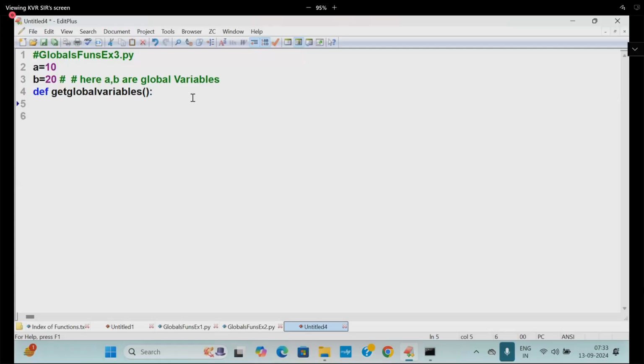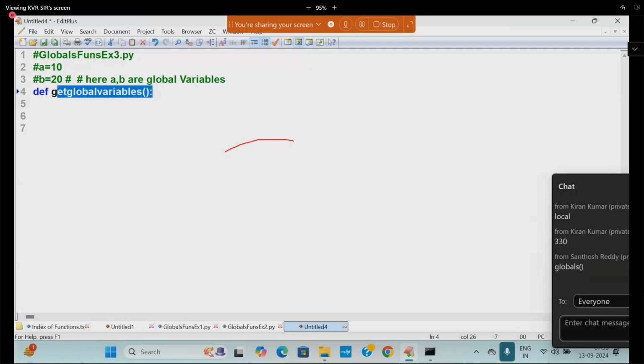Inside of that, I want to get the information of the global variables which are available in the program. So what are the global variables present in my program? A and B. Sometimes I don't have any type of global variables. Every Python program may have some program-related global variables. Do you know, students,